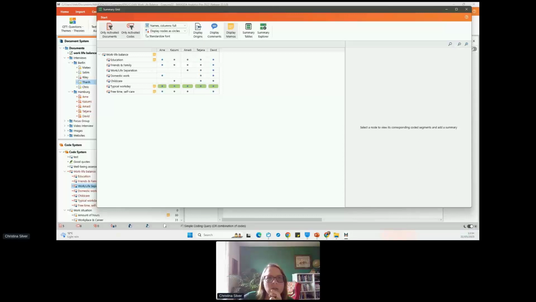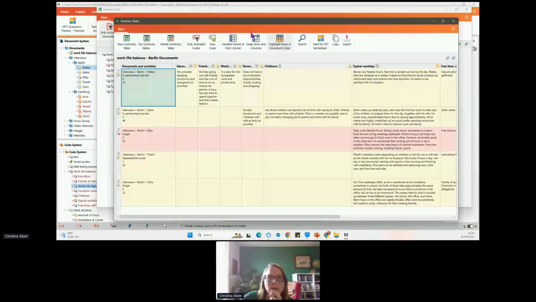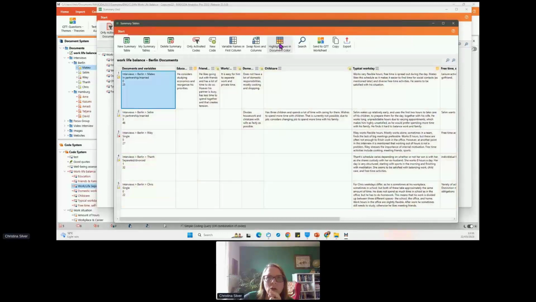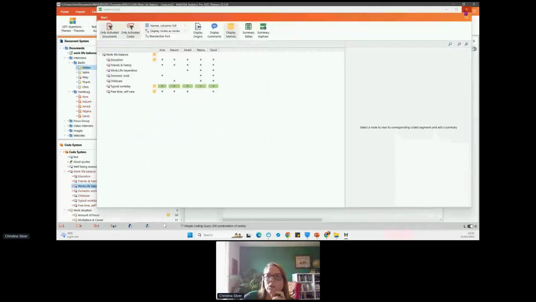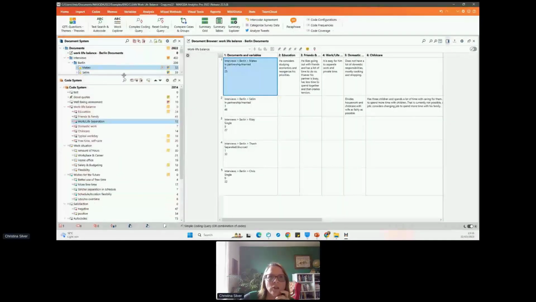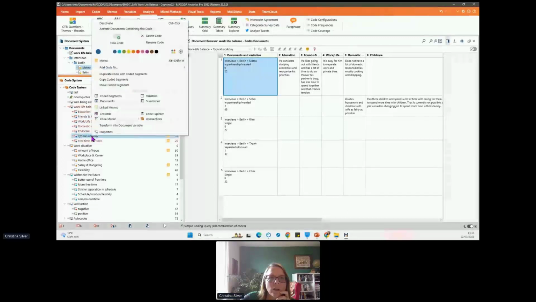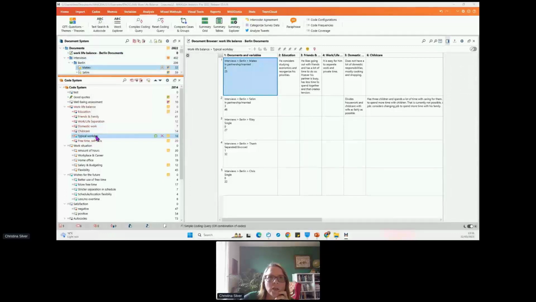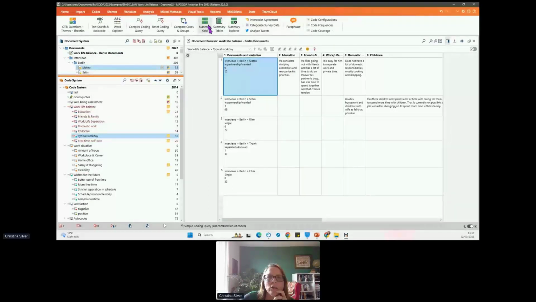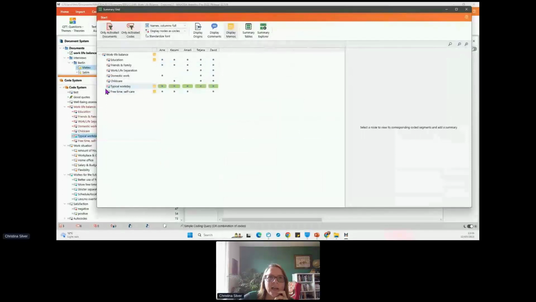Okay, so Olivia asks a really interesting question about colours of code. So I showed you, I think that comes from the discussion of being in the summary tables and highlighting the rows in the document colour. So you can also, let me just close this down, you can also change the colour of code. So the work-life balance codes are all blue at the moment, but we were looking at typical workday, weren't we? If I right click and change that from blue to, let's go for this turquoisey color, when I'm back in the summary grid, then I get to see that here,